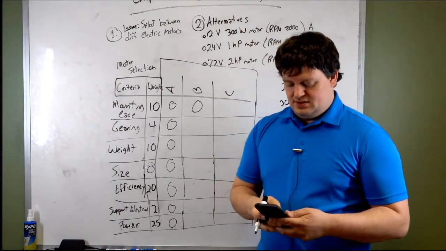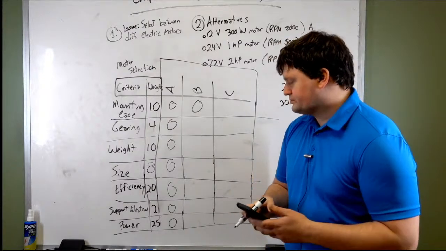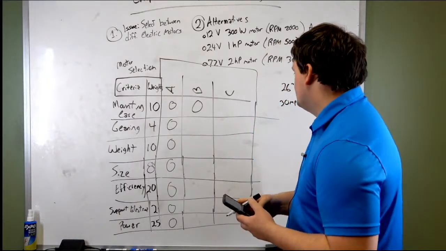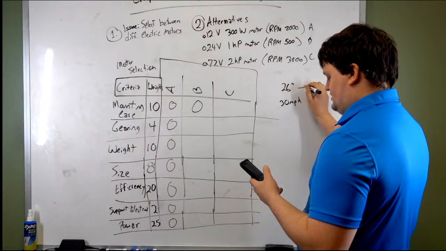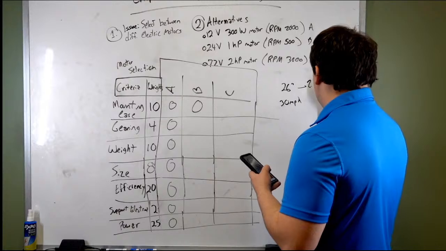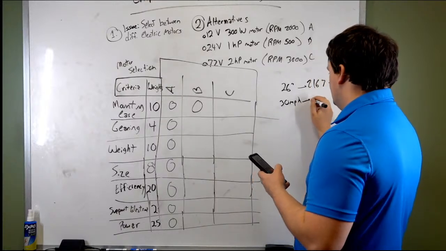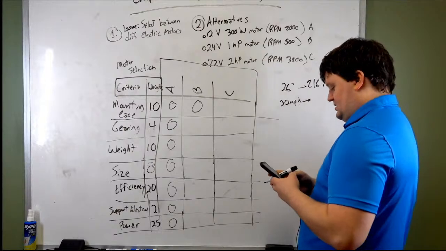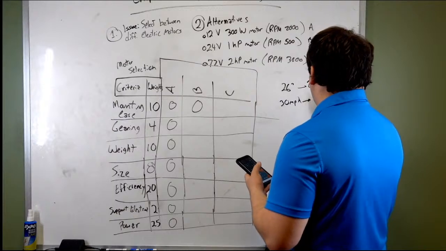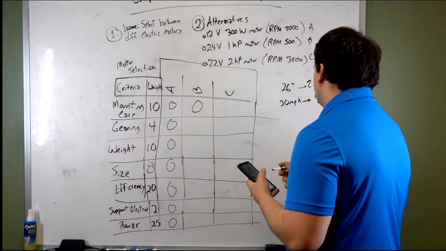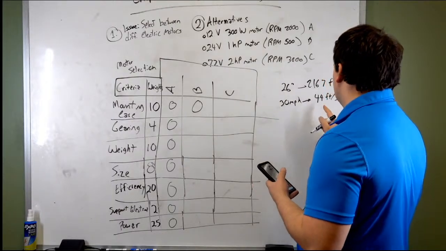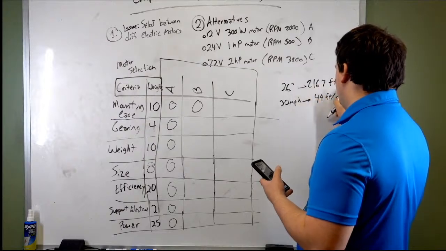So 26 inches is equal to 2.167 feet. 30 miles an hour is equal to 44 feet per second. So your revolutions per minute, it's doing a total revolution of this times